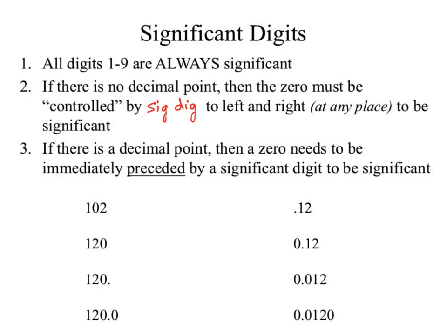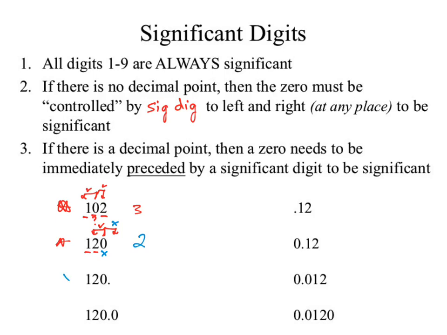Okay, so let's take a look at the first number down here. Well, the 1 and the 2 are significant. Okay? Is the 0 significant? Yes. We look to the left, we look to the right. Those are significant digits, which means, yes, it is. We get 3 sig figs. What happens when we move to the next number down? There's only 2. 1 and 2 are significant. We look to the left, that's a significant digit. We look to the right, not significant, which means the 0 is not significant, and the answer comes in as 2.